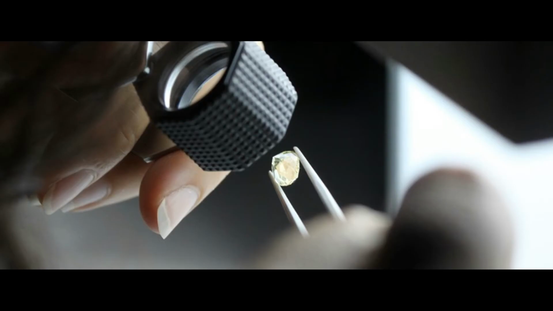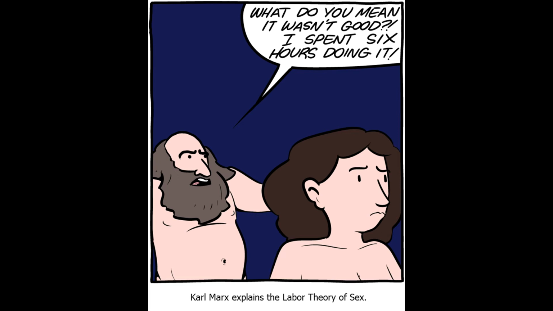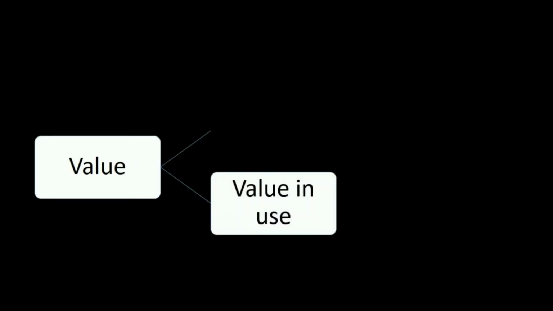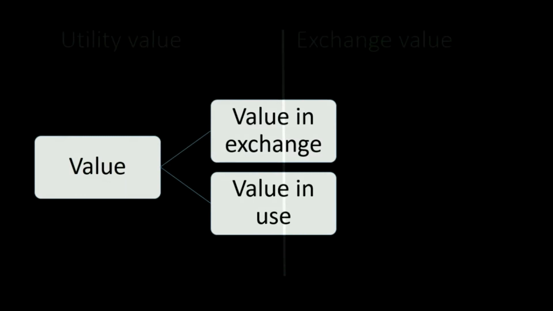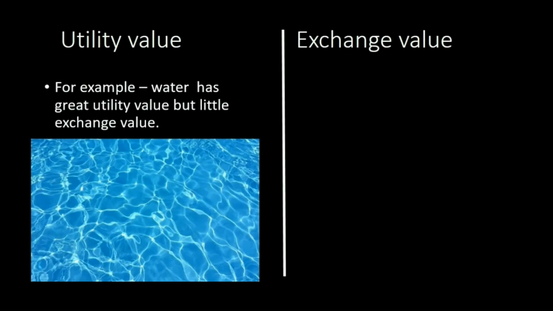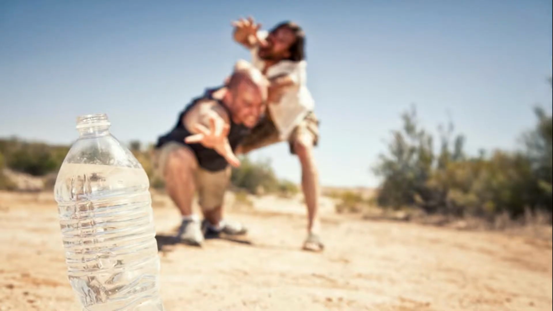However, if we were to analyze this paradox, it becomes crystal clear as water why choosing either one isn't wrong. In looking at the labor theory of value, we must examine the term value. Value has two different meanings, value in use and value in exchange. Value in use is what water represents. It has the greatest value in being used, while diamonds, on the other hand, have little to no value in being used. However, diamonds have the greatest value in exchange, whereas water has little to no value in exchange.